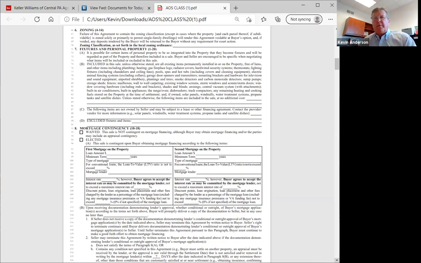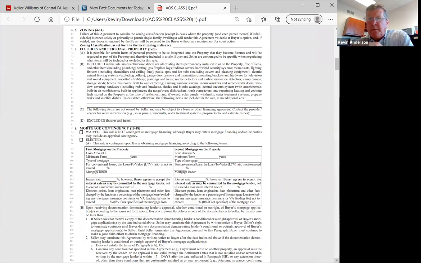So I'd go fill it in and then you're covered. Fixtures and personal property. The only thing I would say about this whole thing is read it and have your sellers read it, because there's things in here like gas fireplace logs, sound equipment, hardware for television mounting,